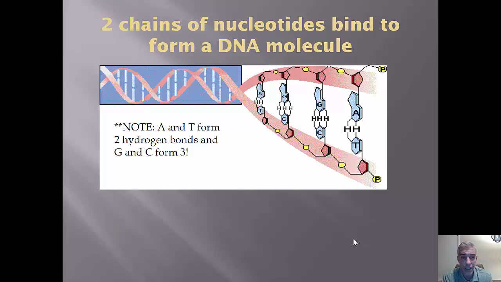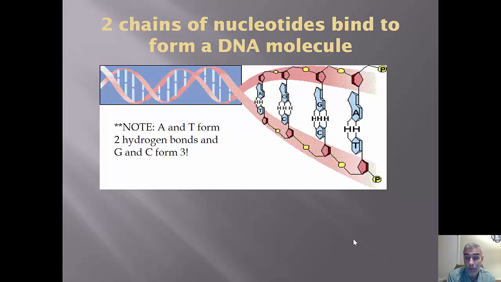So here's showing you that double helix. It's showing you the hydrogen bonding that occurs between the bases. A and T form 2 hydrogen bonds, and G and C form 3. And that's an important thing to know, actually, because sometimes they ask you questions about that. So, like, one of the things we can do is we can actually denature DNA by heating it up. And the question would be like, is it easier to denature DNA that has lots of G's and C's or lots of A's and T's?